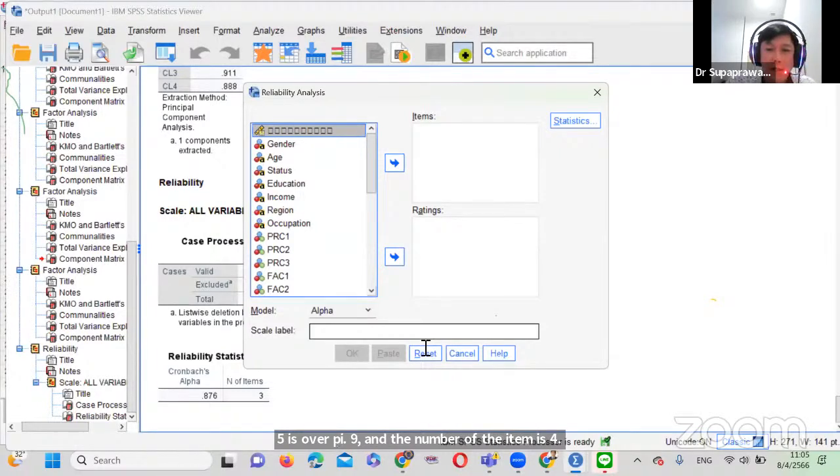Click reliability analysis. And this previous one is customer satisfaction. The next one is customer loyalty. You click reset, and the first customer loyalty, second, third, fourth question, yes, and click OK. This is to check the reliability or Cronbach's alpha, also good because it is comprised of 4 items and the Cronbach's alpha